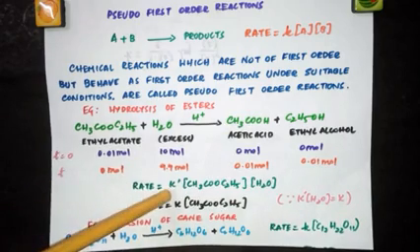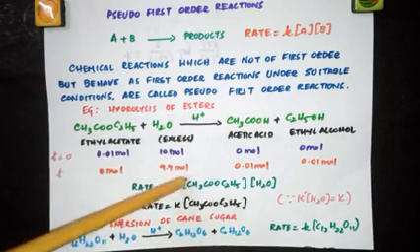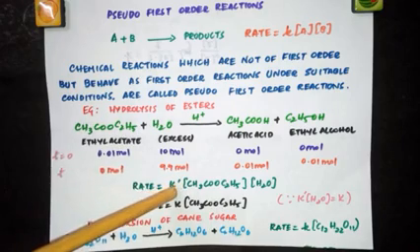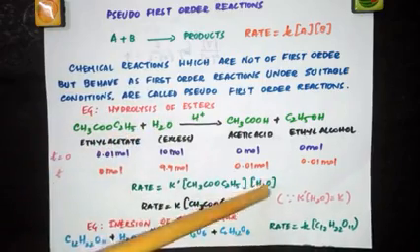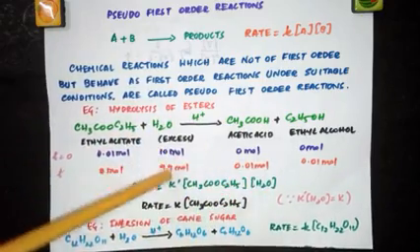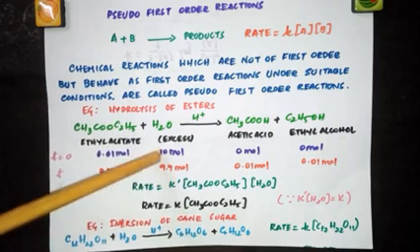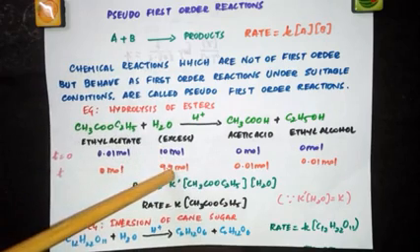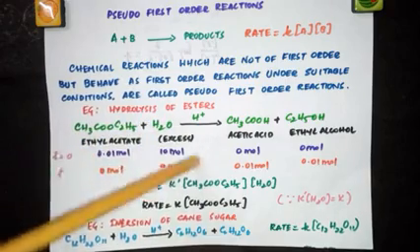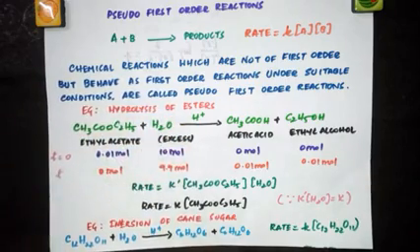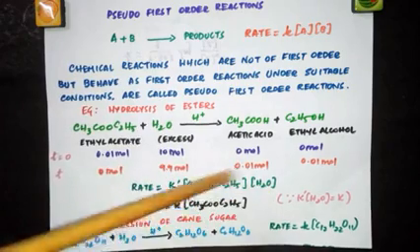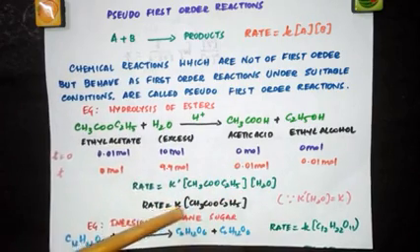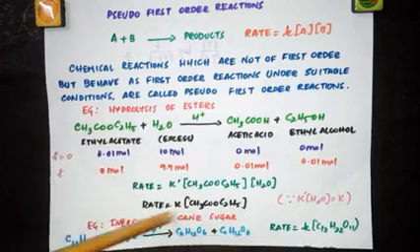So when you write the rate, it is equal to K dash, and I'll tell you why we are taking this as K dash. This is nothing but the rate constant, into concentration of ethyl acetate into concentration of water. Now the concentration of H2O is not changing much because you have taken 10 mole and only 0.01 mole has reacted. So you can say the concentration of water is constant. So multiplying this K dash, which is a constant, with this constant, you will get K. So this is the actual rate constant and this is the actual rate law.